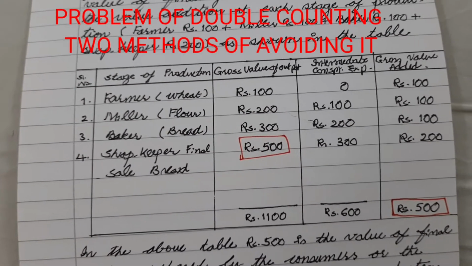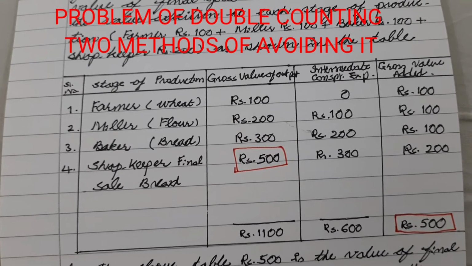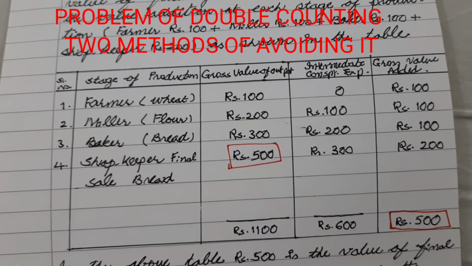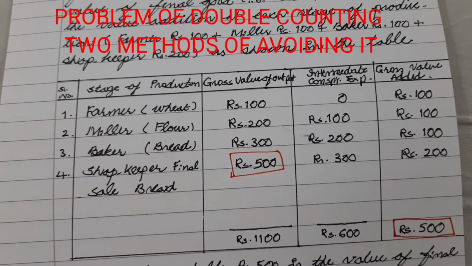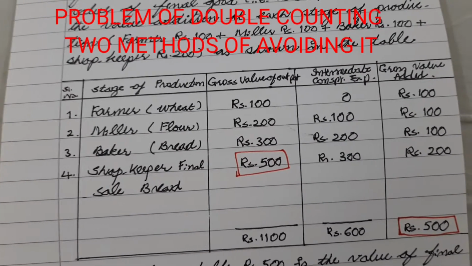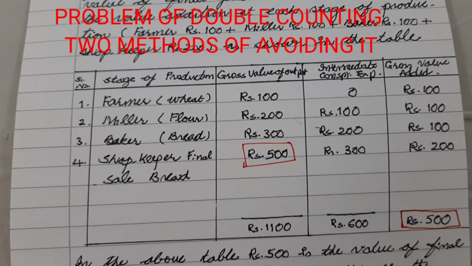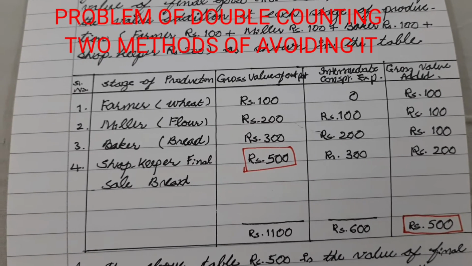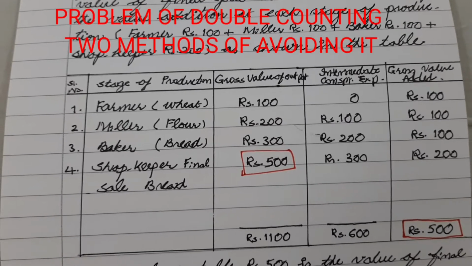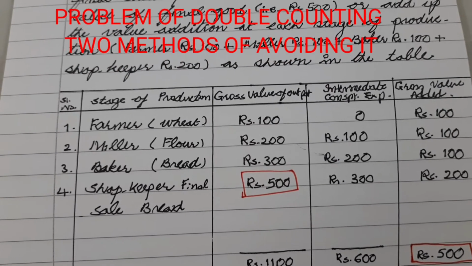Farmer: he produced wheat and sold it, value of output 100, and we assumed here his intermediate consumption expenditure is 0, so his gross value addition is 100. Miller purchased this wheat from the farmer for 100, converted it into flour and sold it for 200, so his value addition is 100. Baker purchased flour from the miller for 200 and sold the bread for 300. And the shopkeeper purchased bread from the baker for 300 and sold it to the final consumers for 500,